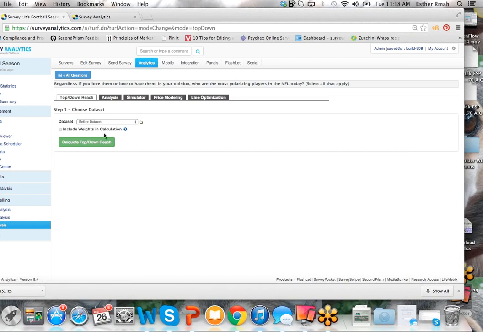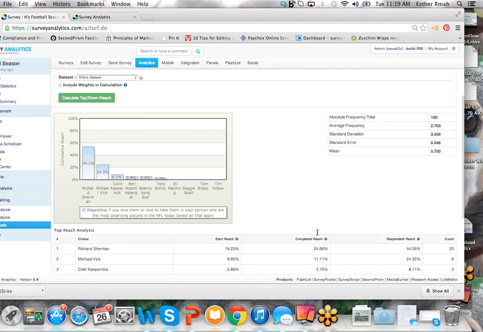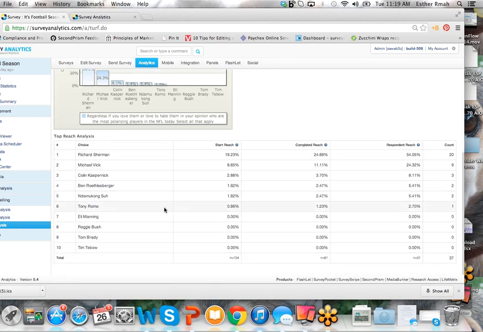You can also include weights if you want, but for now we're just going to run it as is. And then you can see below here that we have a graph. And then on the right side, we also give you the absolute total frequency, the average, standard deviation, standard error, and mean.